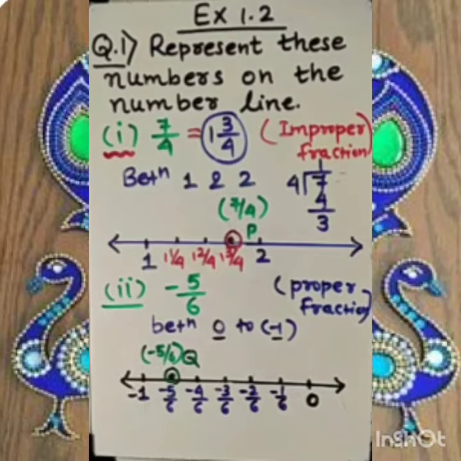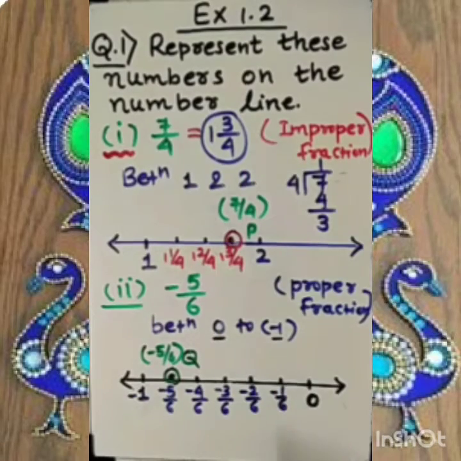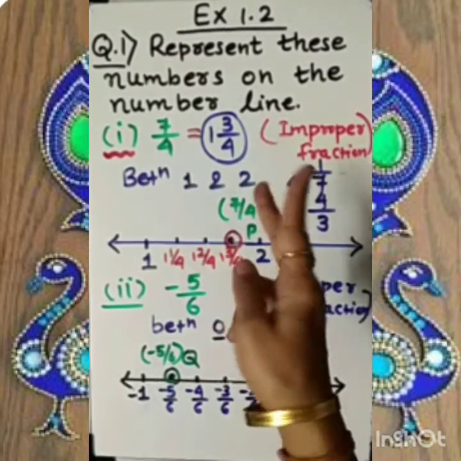So dear student, there are different techniques for how to represent a rational number on a number line, and then you will find it quite easy. But for the method which I am teaching you, you have to follow 2 steps. First, whatever the number you are given, either proper or improper, if it is improper, then convert it into a mixed fraction. And the integer part we get, the answer lies between those two numbers.